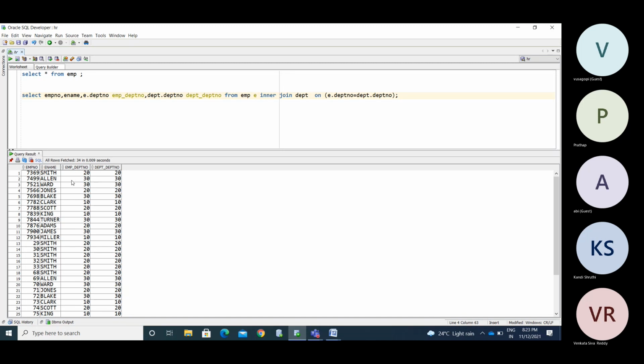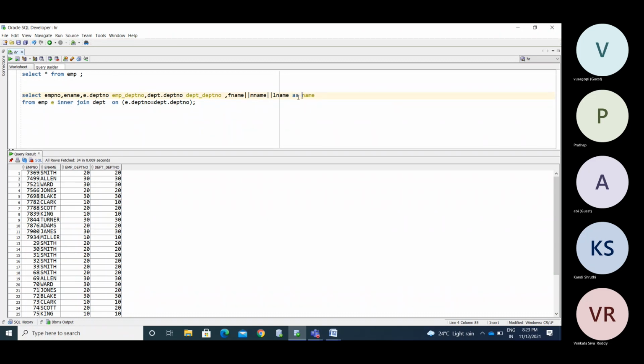You can change the column names using alias names. Suppose you have employee number, and a name column with first name, last name, and middle name, like 3 columns. If you want to retrieve the 3 columns as one name, you mention F name concatenate M name concatenate L name as name.